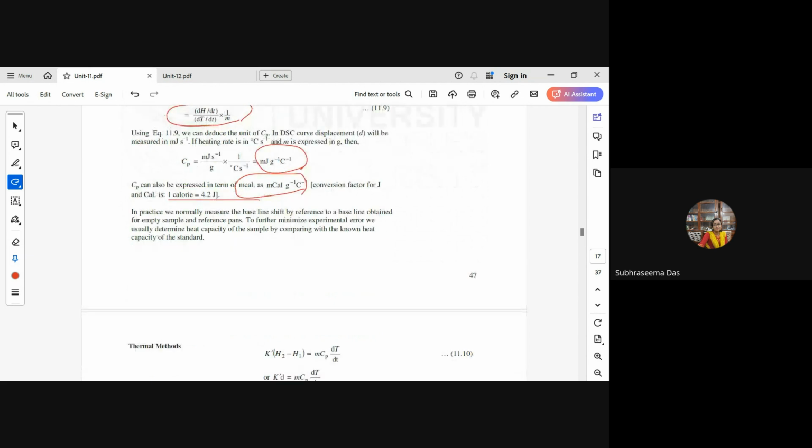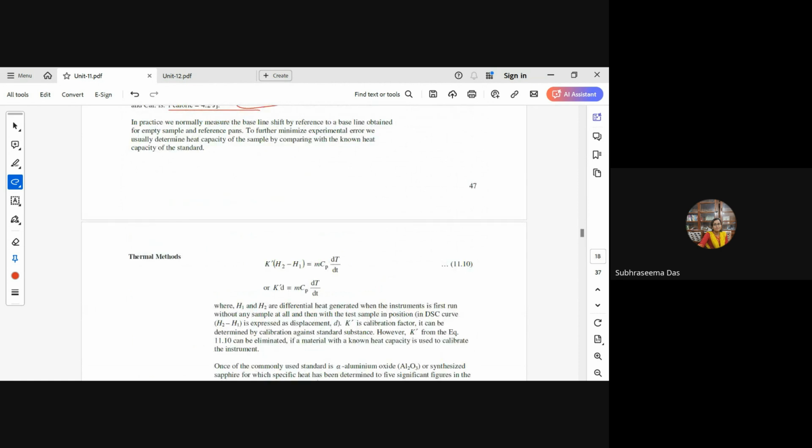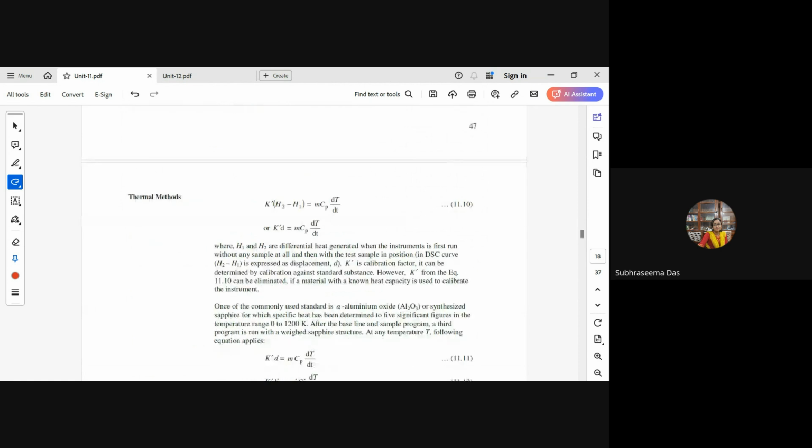In practice, we normally measure the baseline shift by reference to a baseline obtained for empty sample and reference pans. So we have a calibration curve, and that calibration is given by equation 11.10, where k' into (h2 minus h1) is equal to m into Cp into dT by dt. Here h1 and h2 are the heat generated when the instrument is first run without a sample, and